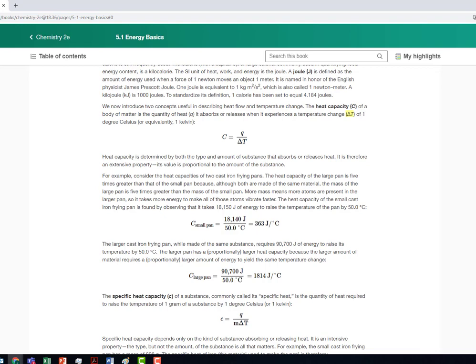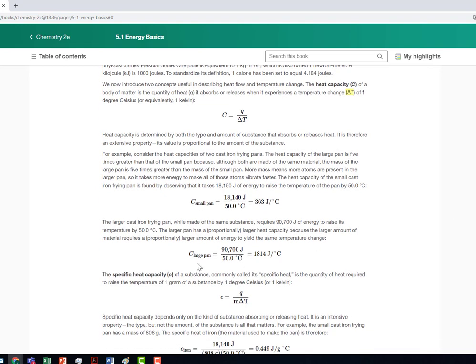What we will more often be using, however, is something called the specific heat capacity. Okay, the specific heat capacity is talking about heat capacity based on the type of substance that you have and the specific heat of that substance. So the idea here is with these pans, these cast iron frying pans, the difference is because one has a larger mass than the other, but the substances are the same. And the idea here is